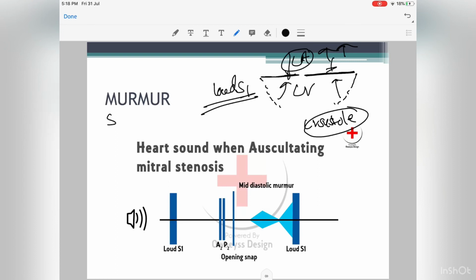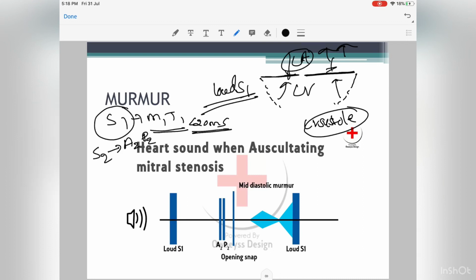Normally the first heart sound, S1, is due to closure of the mitral wall and the tricuspid wall. The difference between their closures is less than 20 milliseconds. Whenever the difference between two sounds is less than 20 milliseconds, our ears cannot perceive them as two separate sounds. As a result, S1 is heard as a single sound. However, S2, which is due to closure of the aortic and pulmonary wall, has a difference of more than 20 milliseconds. So we hear them as two separate sounds, that is A2 and P2, which is represented here.